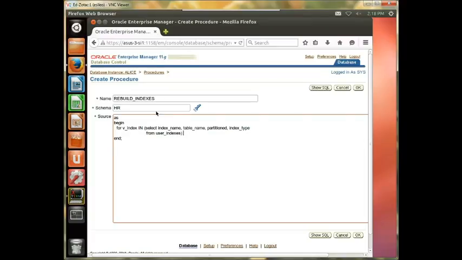and that's now if the index type is equal to normal, then we want to execute immediate alter index index.index_name rebuild,